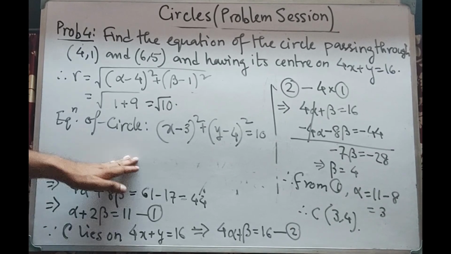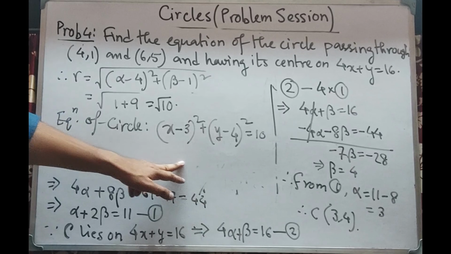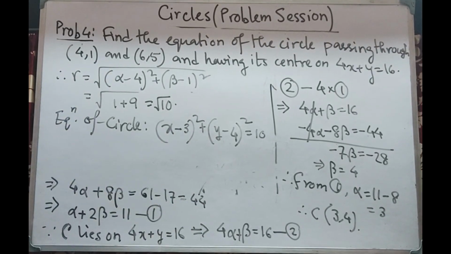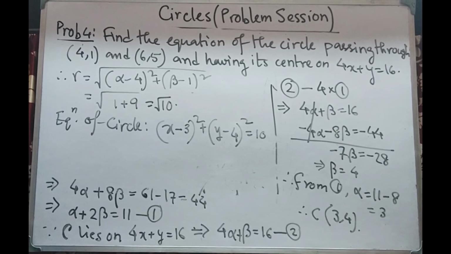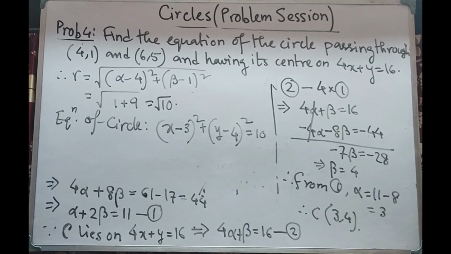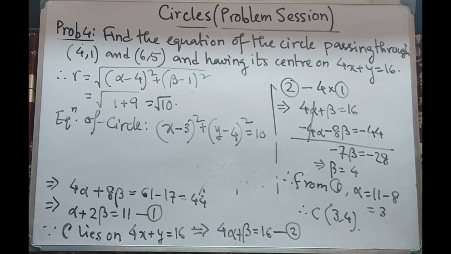Here we are having it in the central form. In the other method you can find the equation in general form. Also you can expand it from here and finally it will be in the general form. That also you can do. But whatever, you can try the second method on your own. I think you will be able to do it. No problem. So this is the solution.